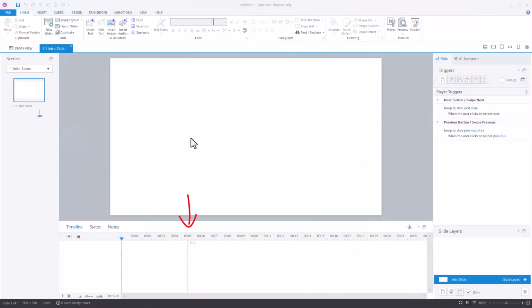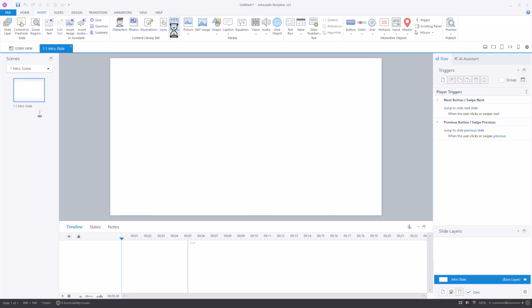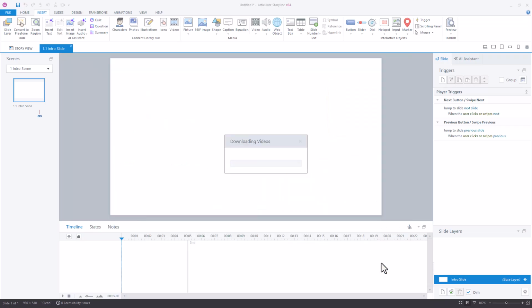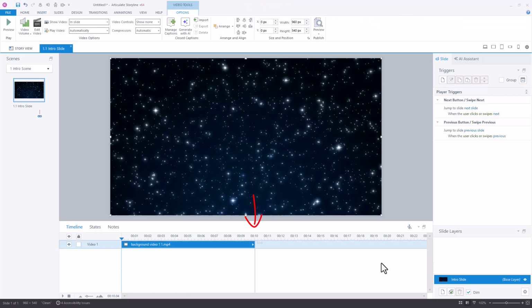to show you. Number one, we can see that our timeline by default is only 5 seconds long. If I insert a video, so I'm going to grab one from the content library, the one that I want to use is the one in the top right hand corner with the star. So we can see that that video is 10 seconds long. So when I insert this video, we should see our timeline increase from 5 seconds to 10 seconds, and it's